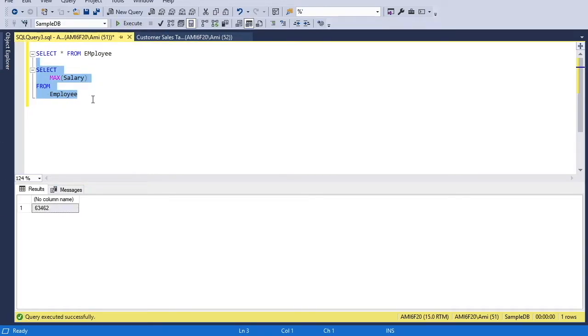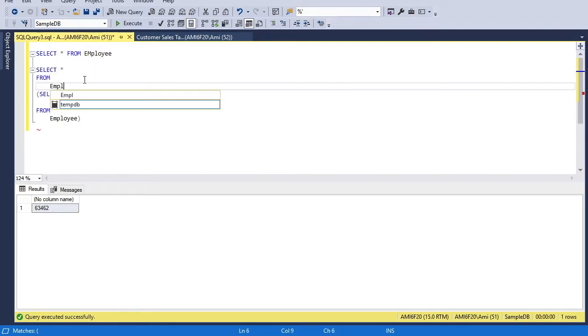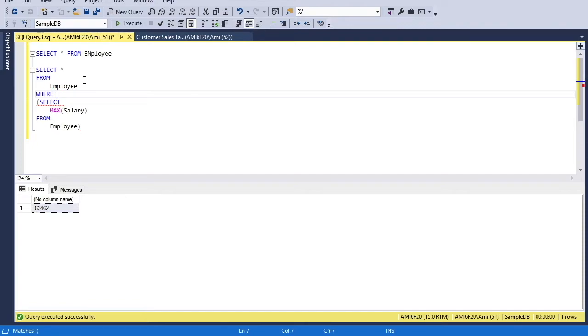But if we want to find the employee name and other details with his salary, then unfortunately we cannot do this, because this is an aggregate function. So what we will do, we'll make this query a subquery enclosed in brackets and we will write a main query on top of it, where in the condition I will ask for the salary to be equal to the maximum salary produced by the inner query.